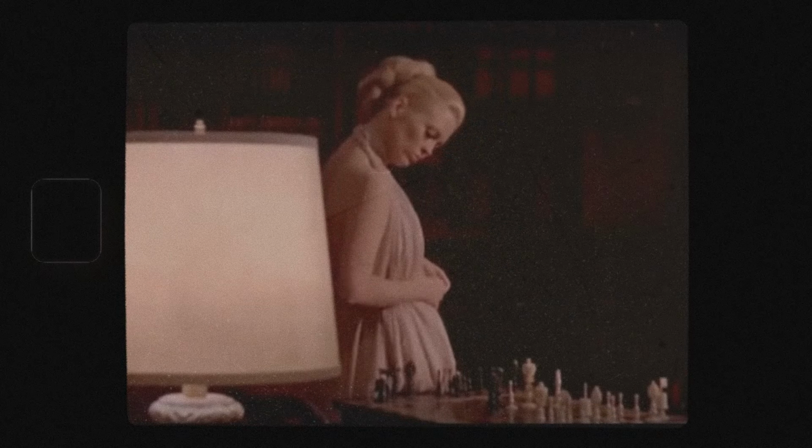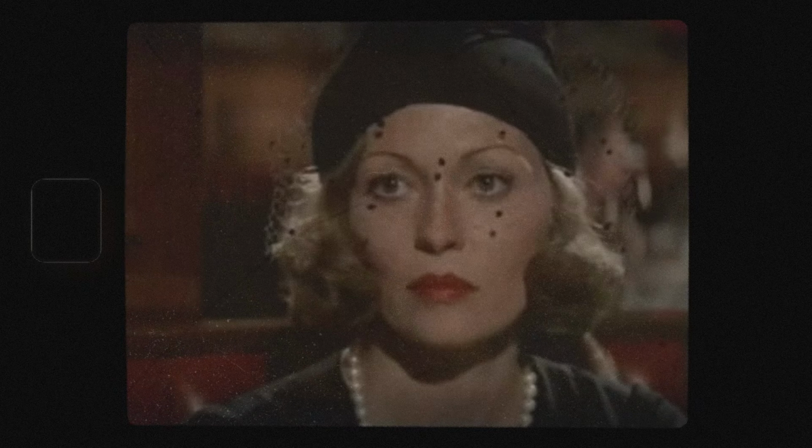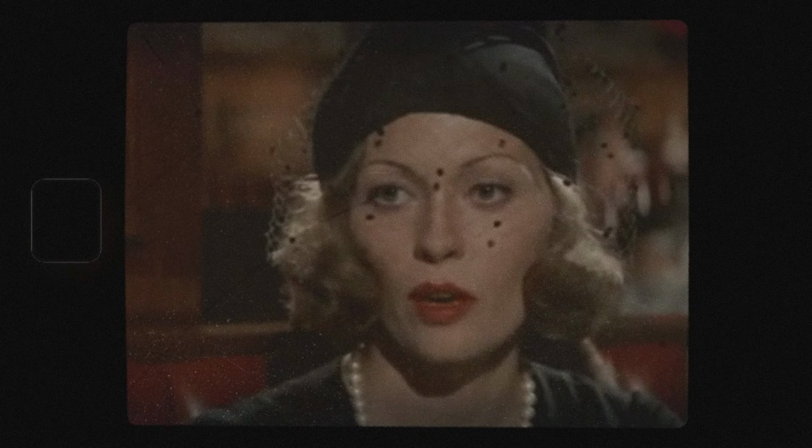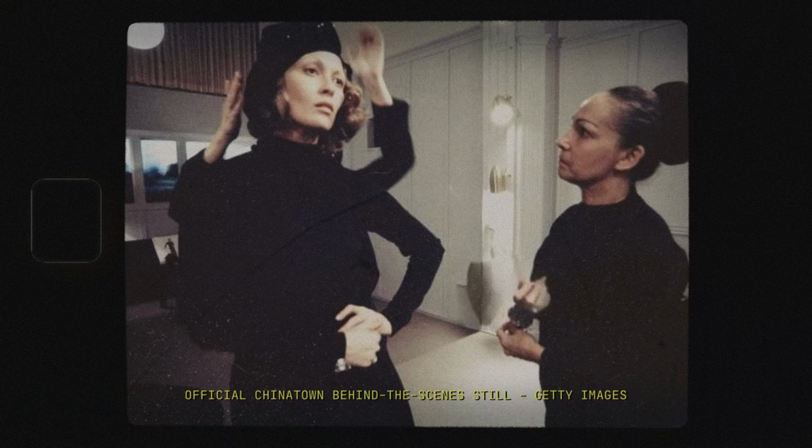Faye's filmography is extraordinary. In honor of the documentary release and all that is Faye Dunaway's iconic career, let's dive into one of the greatest films of all time and a true relic of Hollywood's golden era, the 1974 neo-noir mystery masterpiece, Chinatown. Faye Dunaway's wardrobe in Chinatown was meticulously designed to reflect LA in 1937 and her character's high